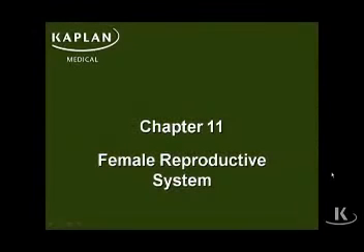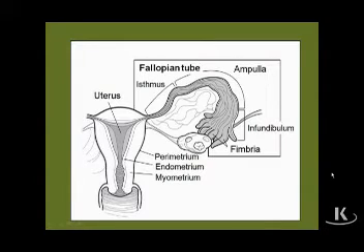Chapter 11 in histology deals with the anatomy of the female reproductive system. Our first slide illustrates schematically the structural components of this system. Certainly our story begins with the anatomy of the ovary, which is situated in close proximity to, but is not